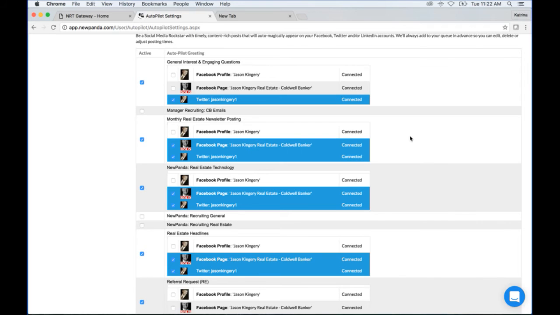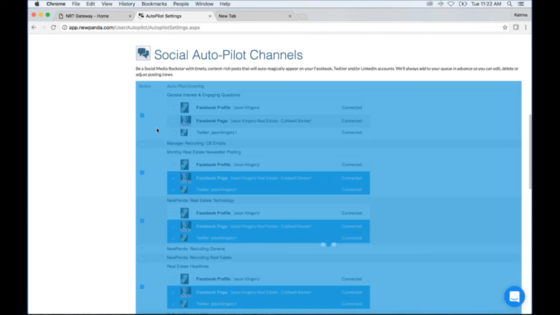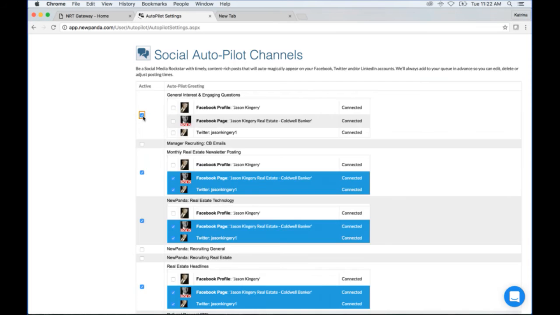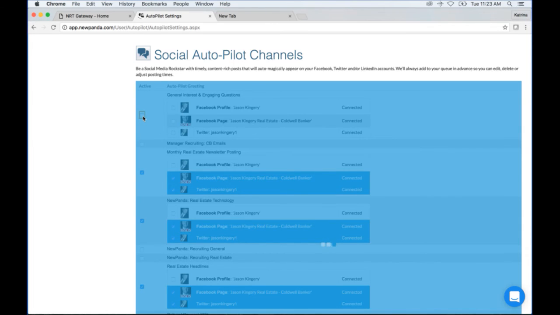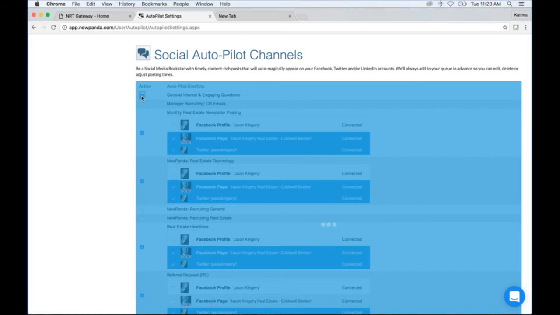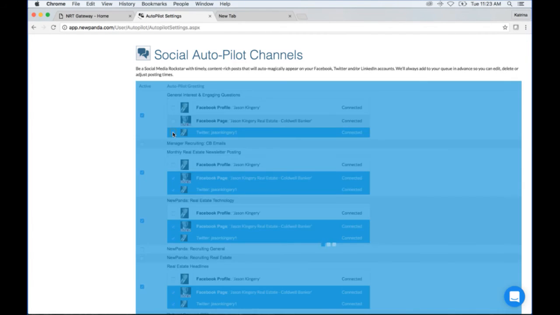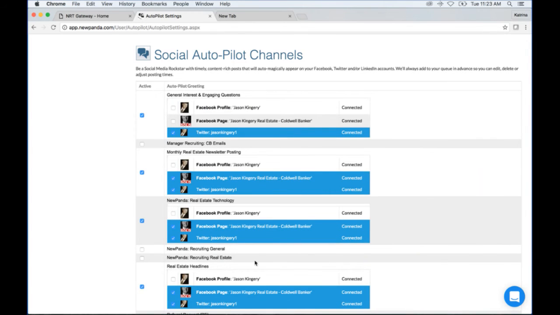This is one of the things, though, that allows you to be a bit of a time saver. You can actually go out here and post stuff automatically to your Twitter or Facebook account. You can see I've got some stuff selected. So when you get there, if I unselect this and unselect this, this is what it will look like the first time you go. It'll have a list of topics right here. Generalist, engaging question, and it just goes through. But when I open it, I click on activate, and now I can select who's going to get my generalist engaging questions. You'll see I have Twitter for a lot of this,